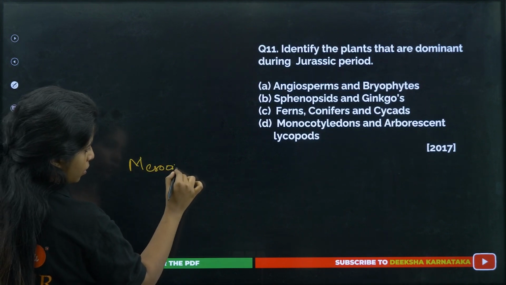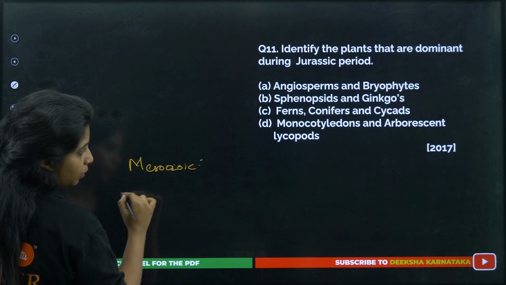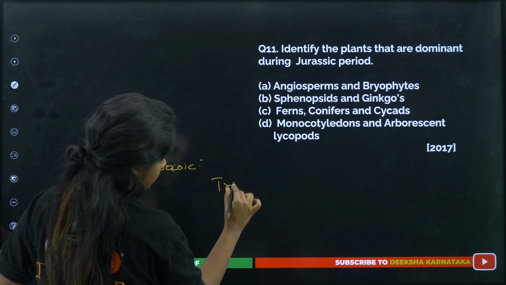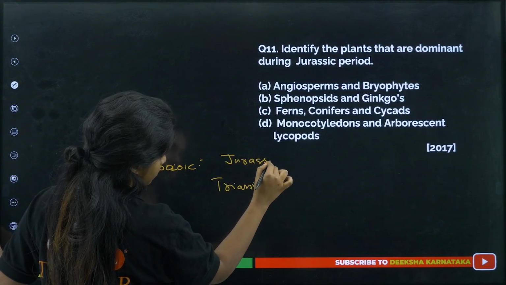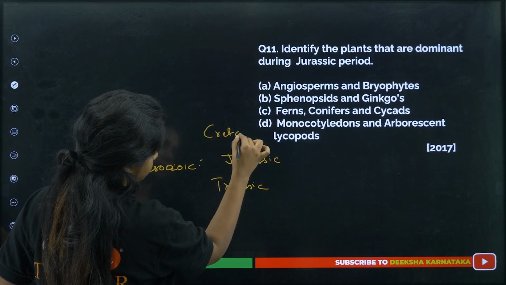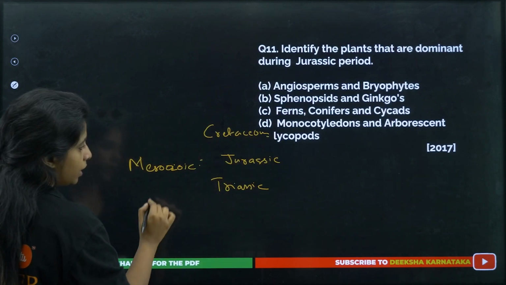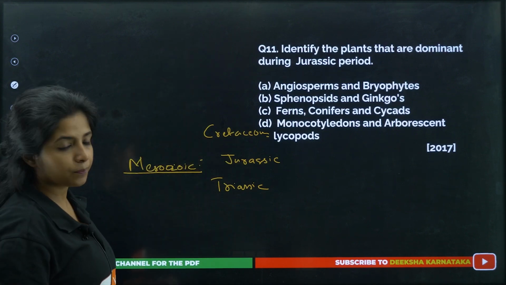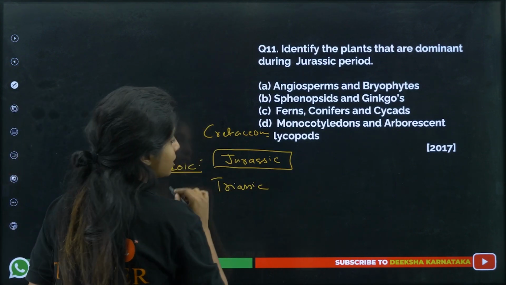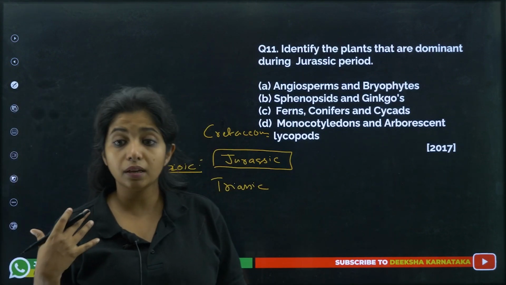Okay, Mesozoic comes in between. Over here you have Triassic, Jurassic and Cretaceous. Okay, this is about Mesozoic era. Below it there is one era. After that also there is one era. So Jurassic Park you have seen. Jurassic era is where dinosaurs and everyone were very prominent.